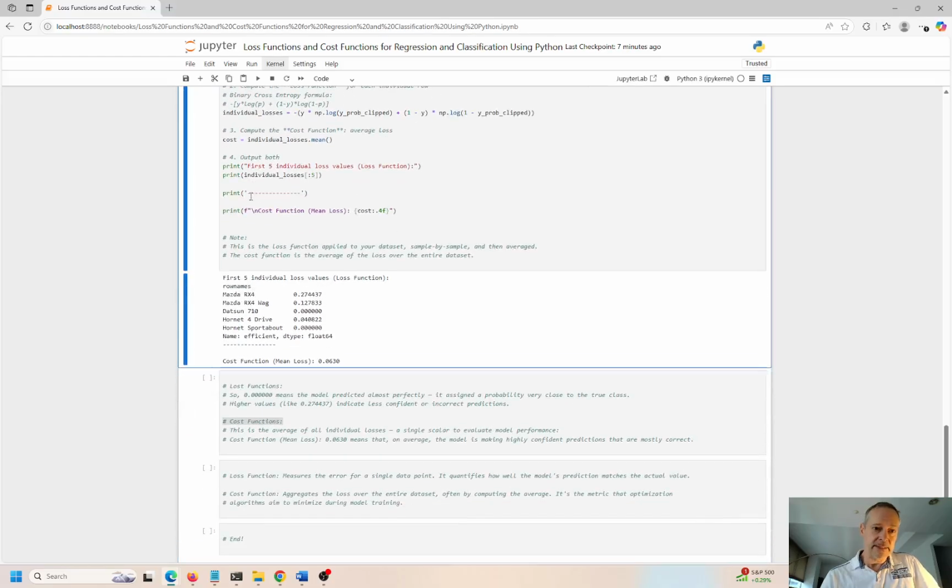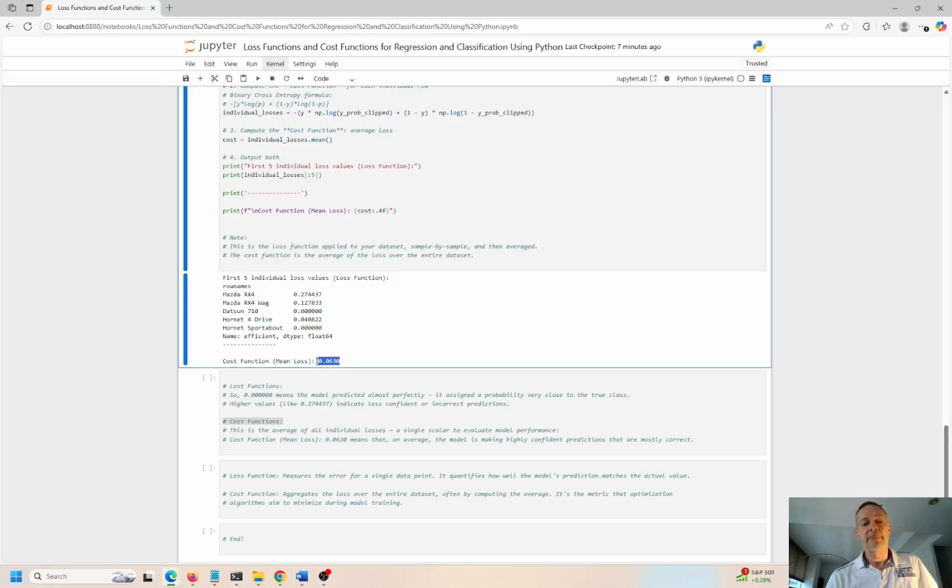Okay, so let's go down here, and again, we're doing all the same things as before. Looking at this from the perspective of a classifier now, right? And we're looking at the loss function compared to the cost function. So again, the loss function is the deviation of how much the final predictive capabilities of this model is off from the actual value where it should be, right? So here you can see the loss functions are pretty small, and we get one for every single row. Remember, loss function looks at the details or the nuances of the data, right? So you get a loss function for every single row, and the cost function is the loss for the entire data set comprehensively, right? So the average loss is